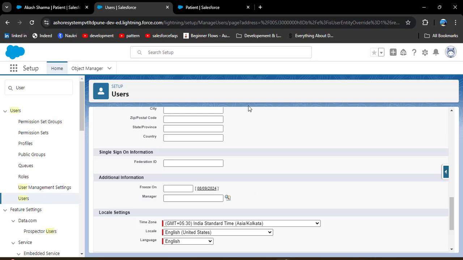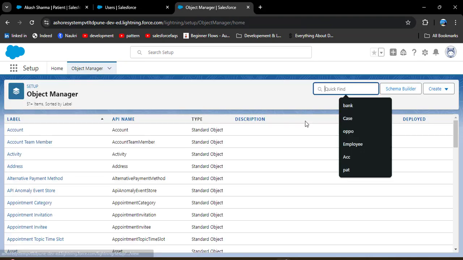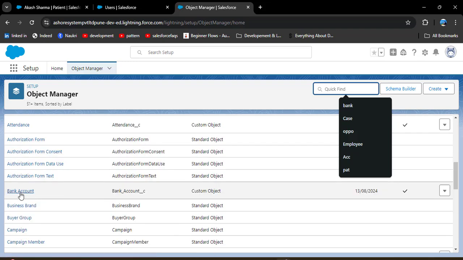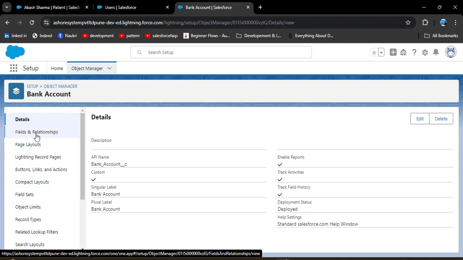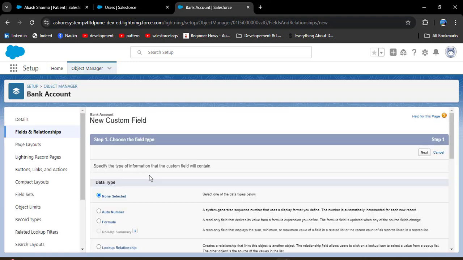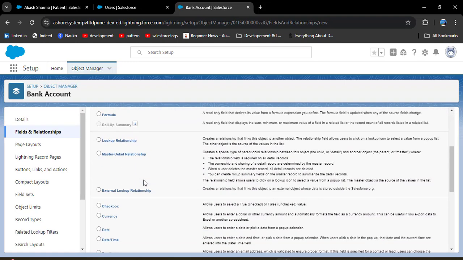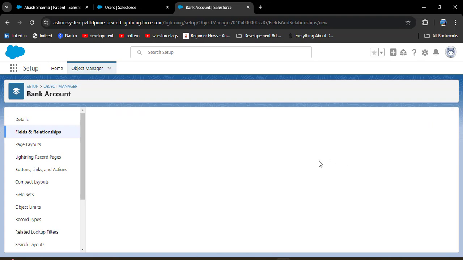To create the relationship on the user object, go to the object manager, then search for the user. Before that, I will show you any other object except account and user. Can we create hierarchical relationship on them or not? For that, here I am selecting bank account, which is a custom object. Then as I navigate to the fields and relationship, then new button, as you scroll down, here you can see there is no data type called hierarchical relationship. Now I am cancelling this